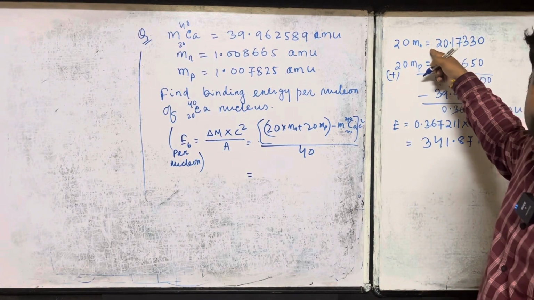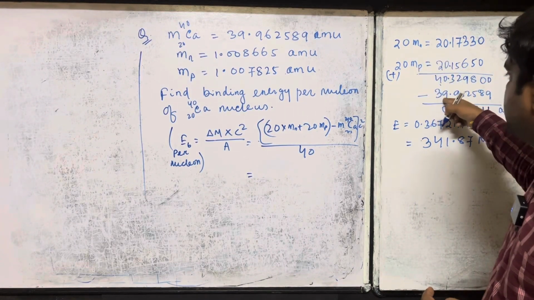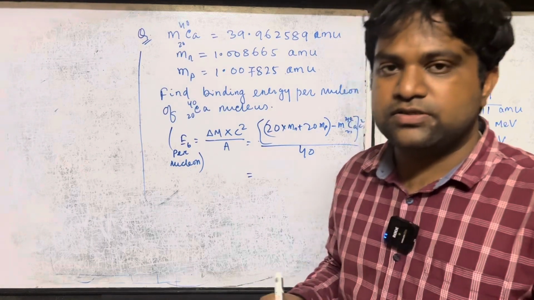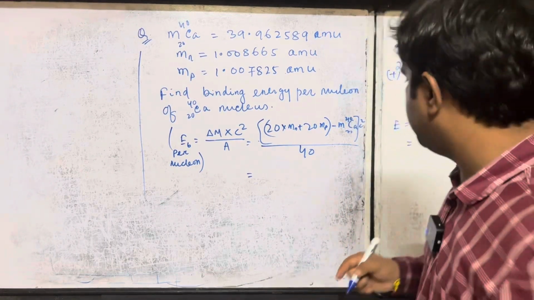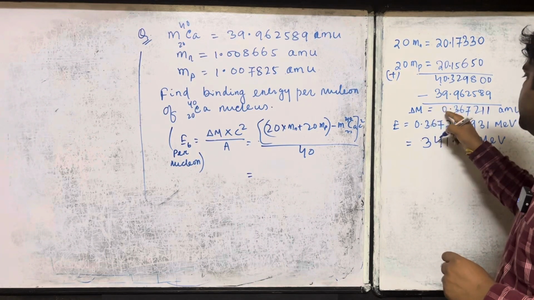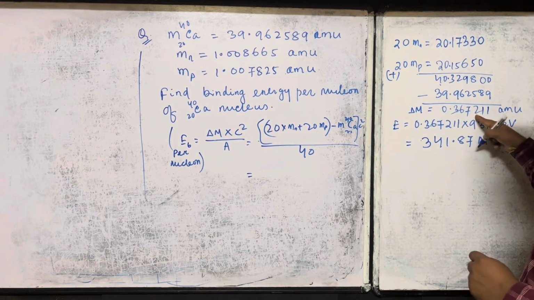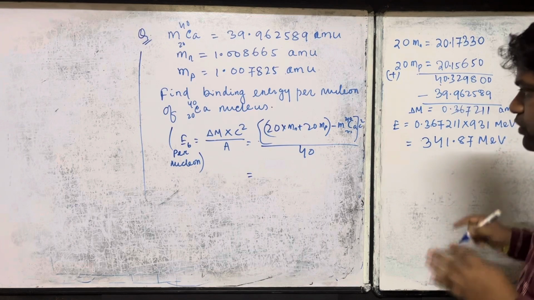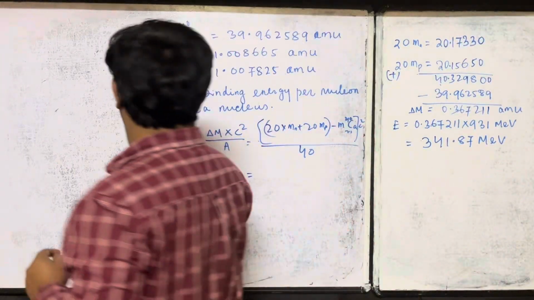Now we will subtract it. This is the mass of neutrons plus the mass of protons, and we subtract the mass of the nucleus. The difference is the mass defect. So this is the delta m we are getting. The mass defect is 0.367211 AMU, and we know that 1 AMU is